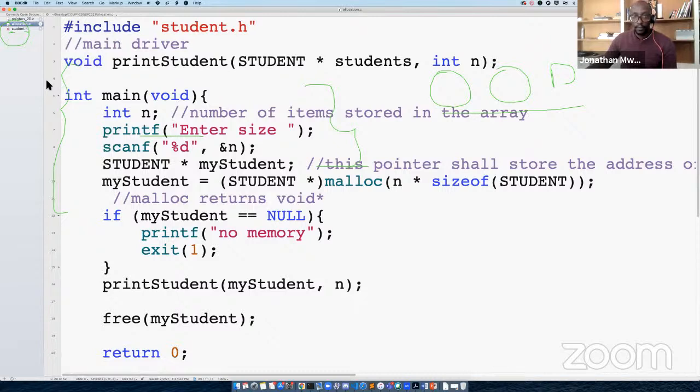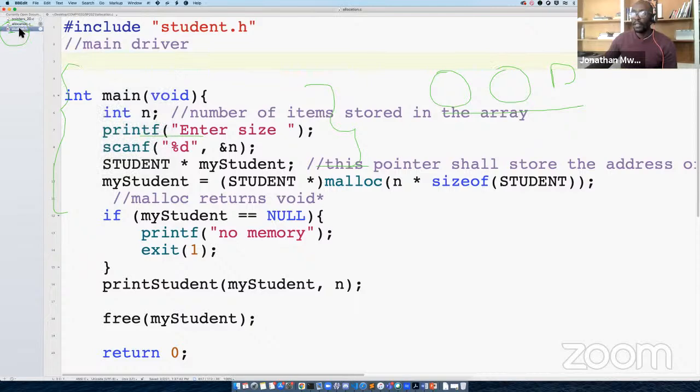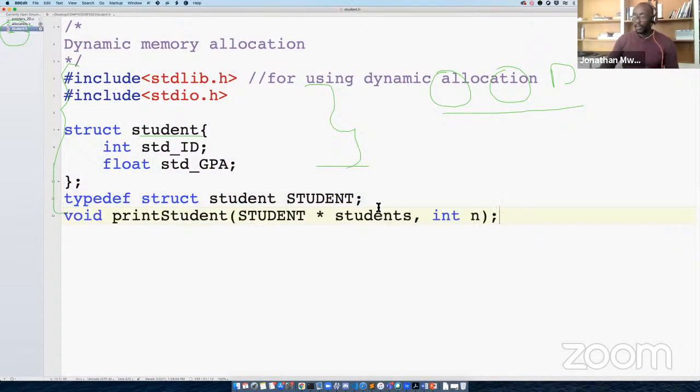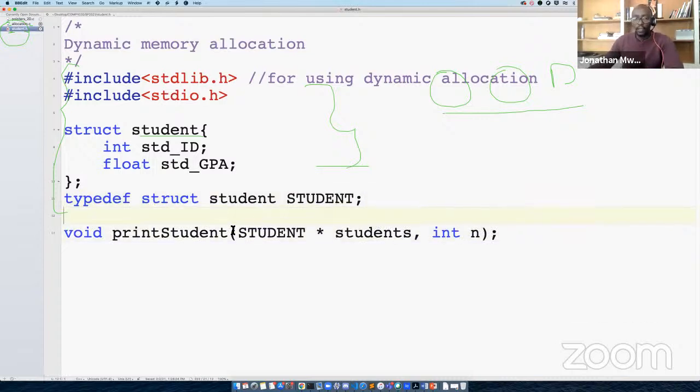Now, this new function that we have added here, I can just remove it, cut it out, and put it here. So remember, I have a file where I'm keeping all the